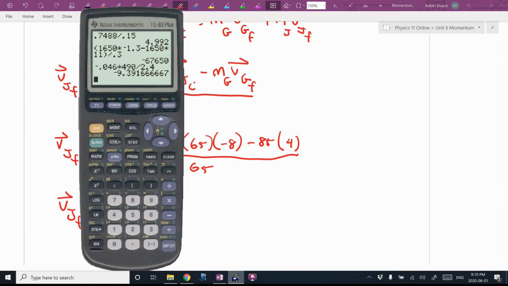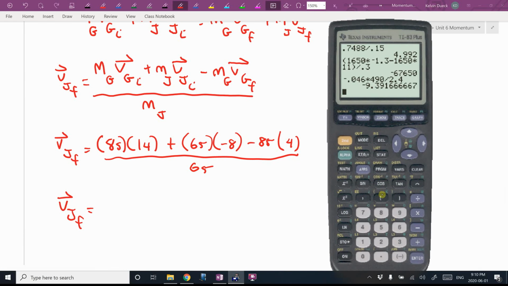Definitely need brackets around the top. Bracket 85 times 14 plus 65 times negative 8 minus 85 times 4. Close off the top, divided by 65, and I get, so it looks like in this